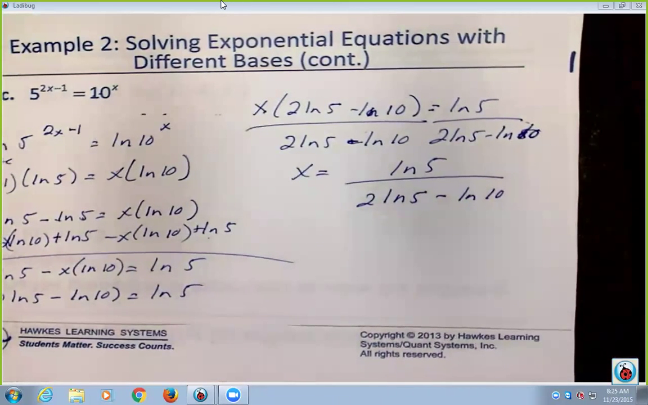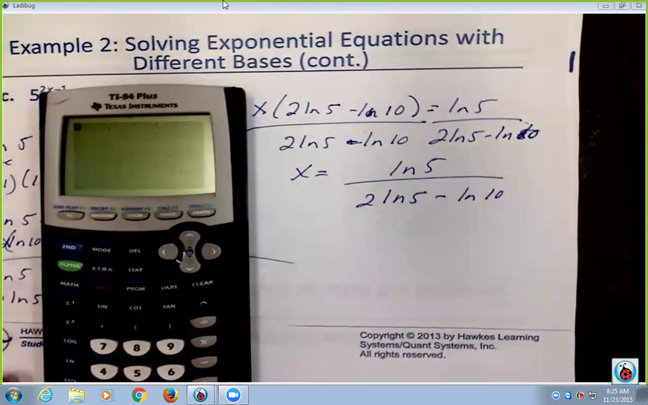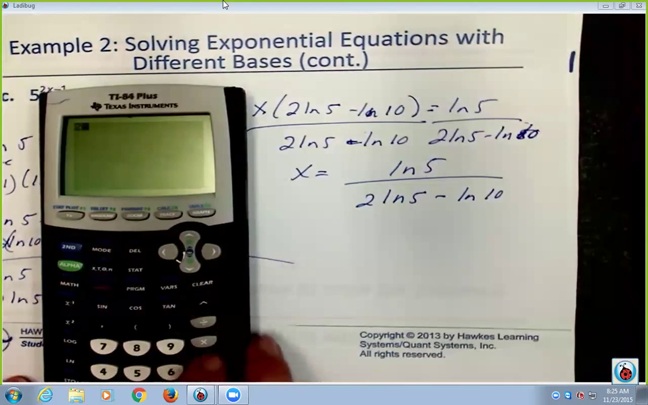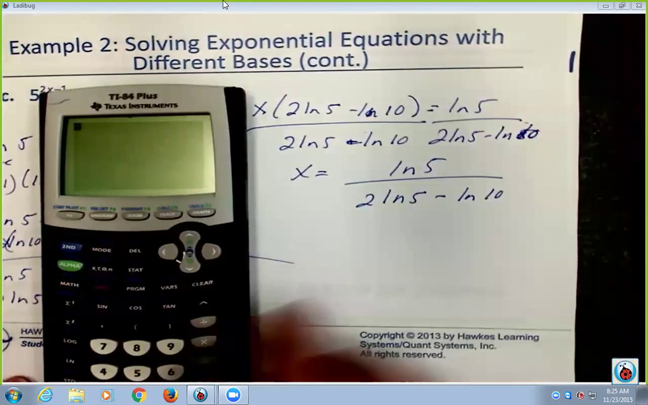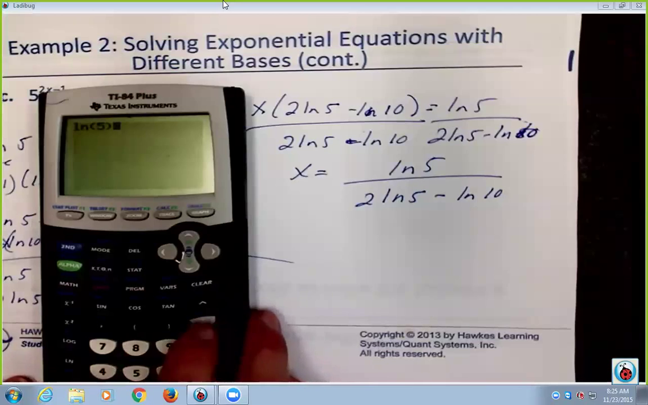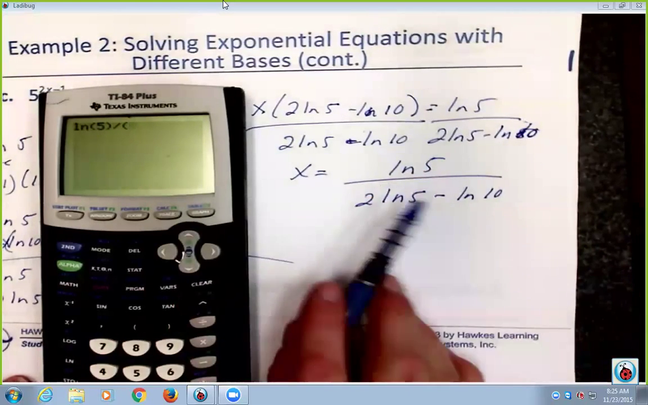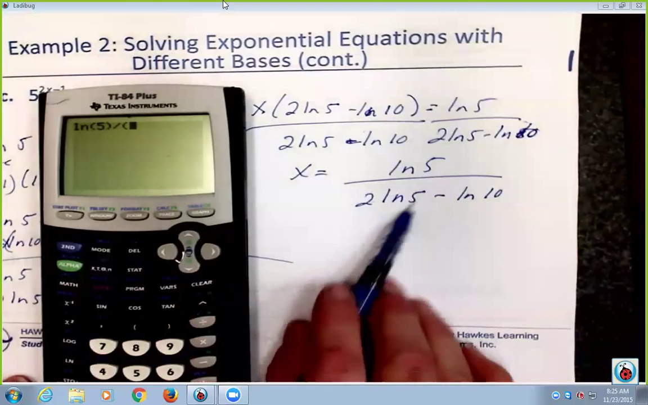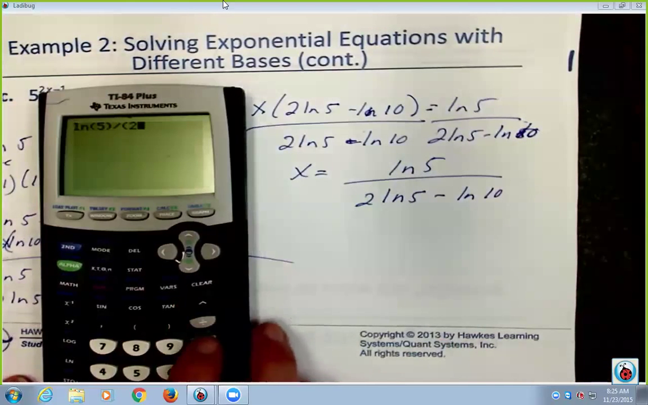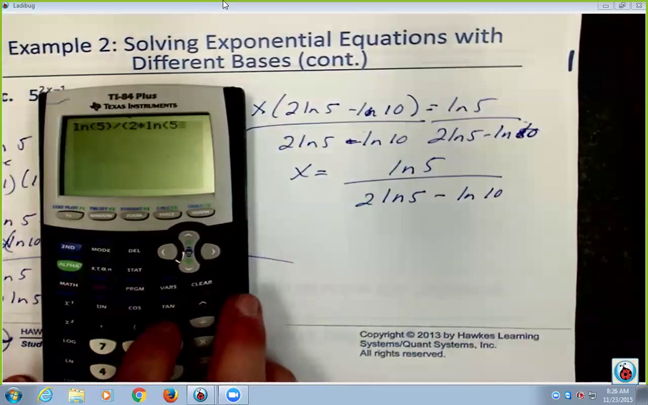So then I got to stick that all on my calculator. So when I put it on my calculator to end up solving this, I'm going to go my top in there. Top piece first, ln 5 divided by parenthesis, because I need this whole thing to work out. I don't need it just to divide it by the ln 5. 2 times ln 5 parenthesis